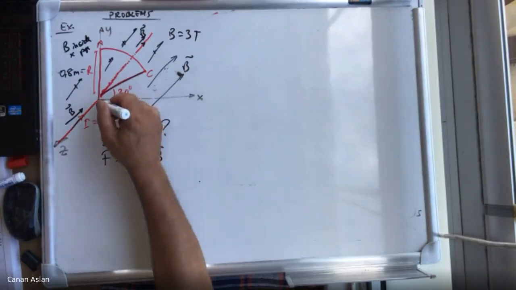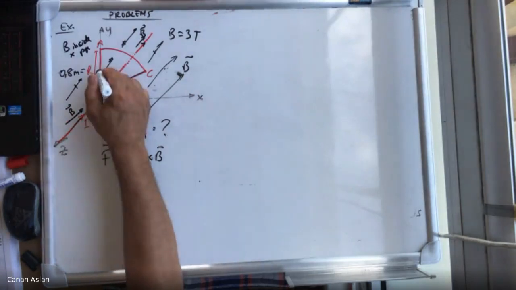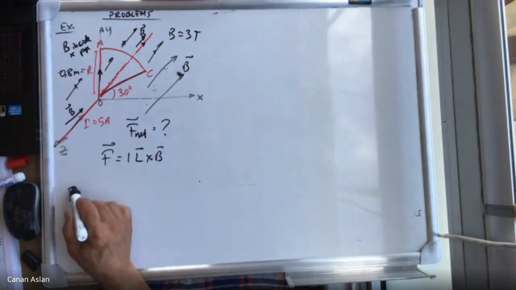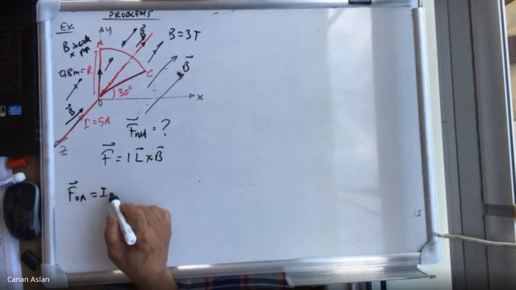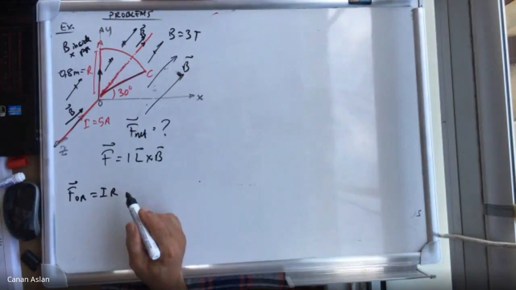Now let's also put O here to specify the origin. Now what is FOA? So what about the force here? The current is going up. So FOA, the force, is I times L, which is R, cross B. As you see, it's 90 degrees, so we don't need to do anything, but now